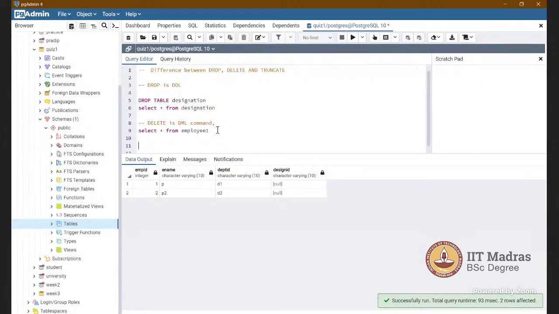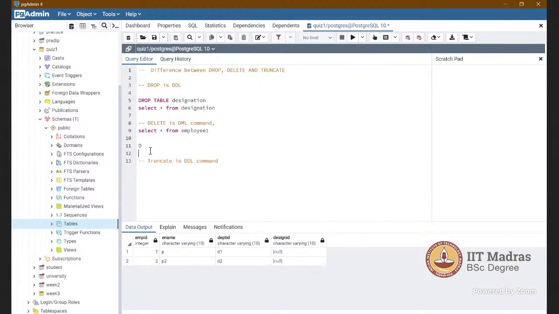What is the syntax for the delete command? Delete from table name, and we can specify the where clause also, to say which rows to delete. So the actual difference between delete and truncate is that delete is a DML command and truncate is a DDL command. With delete, we can filter out rows.